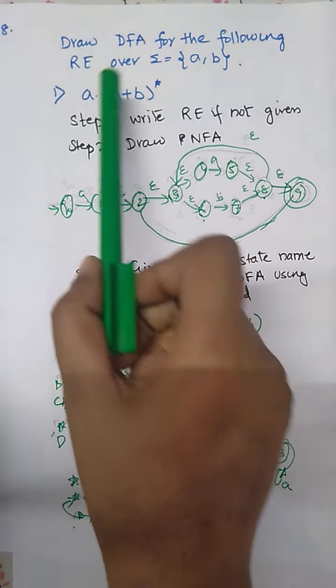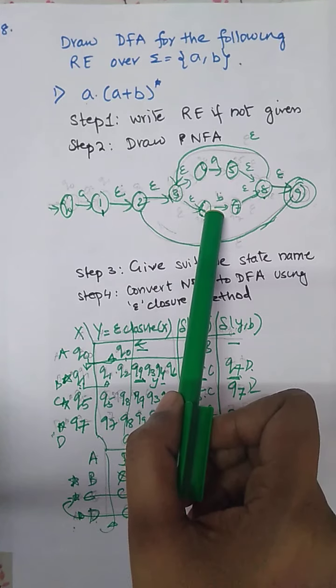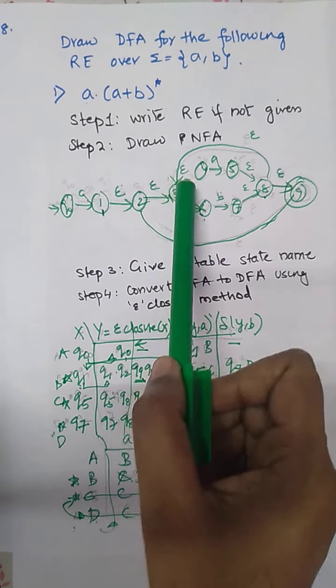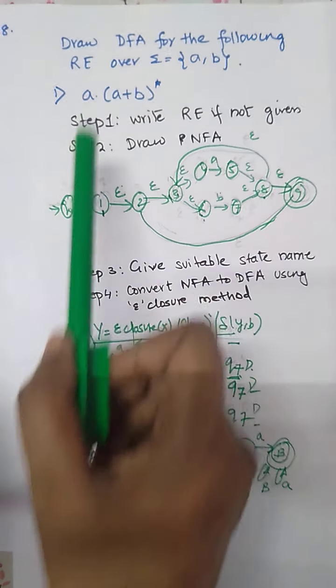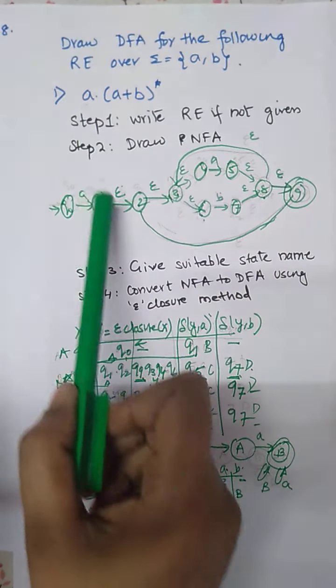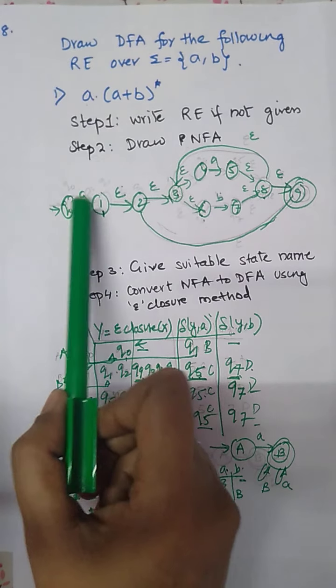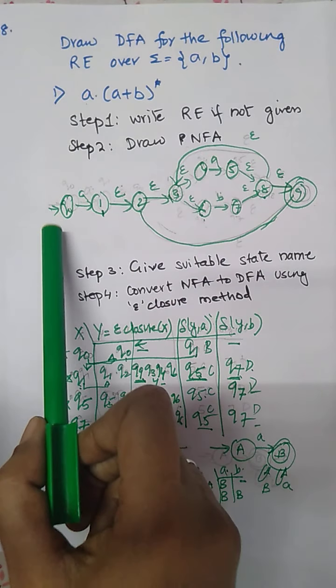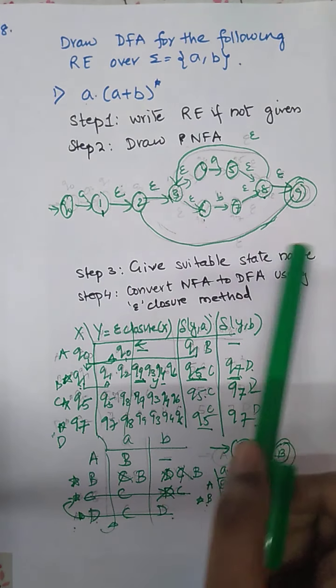This is the NFA for (A plus B) the whole closure, A and B. The plus sign is a parallel path, the closure has a backward arrow and a forward arrow. Now A is A, and the dot means we have to connect in series. So A, epsilon, and then (A plus B) the whole closure. Now give suitable names. We have given the names Q0, Q1, Q2, Q3, Q4, Q5, till Q9.